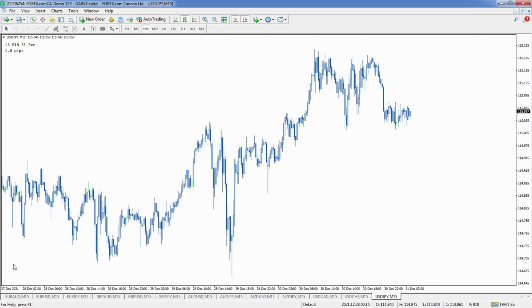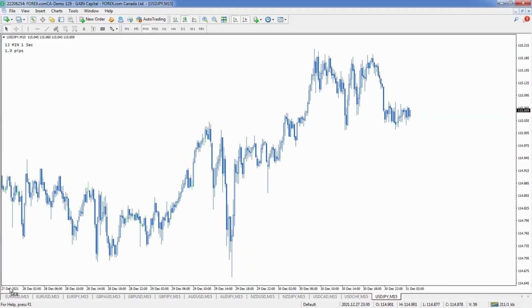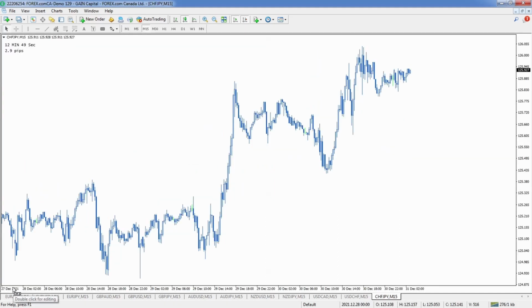This is also going to help when you're looking for a currency pair that you can't readily find on your list. So if I go to the market watch and I see that I've got this list of currencies and I'm looking to trade something in particular, but I can't find it on the list. Let's say the franc Japanese yen, and I can't see it on the list. What I'll do is down here where the dates are, I'll double click and type CHF JPY. I know this is the order that they're going to be. So once I hit enter, it is going to show me the franc Japanese yen.